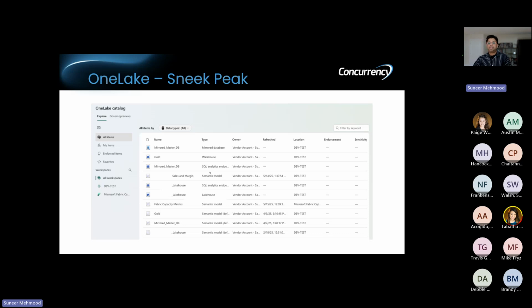Semantic model is something that is created underneath Power BI so that it caters to Power BI for all the visualizations. Like, for example, if there is a pie chart or a graph, like a bar chart, what are the dimensions or KPIs, and how are they actually related? The semantic model actually defines that. So you can see everything which was earlier different services comes under one catalog, right? So that's a sneak peek.